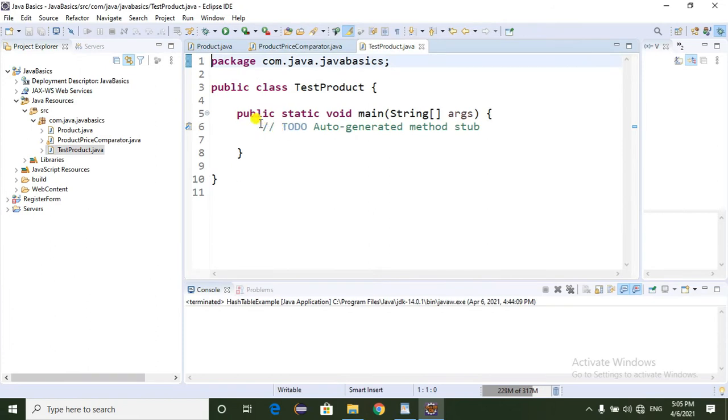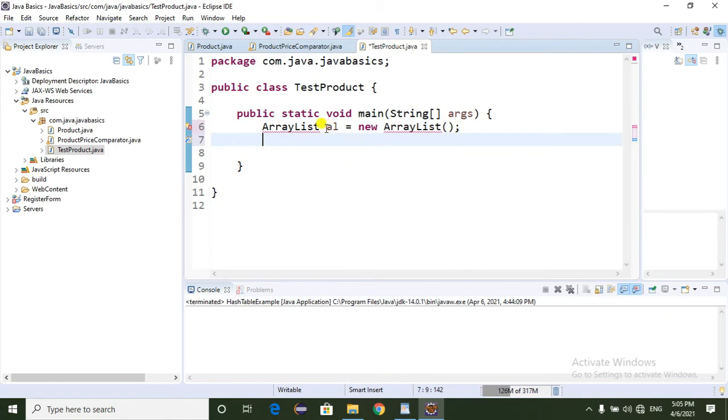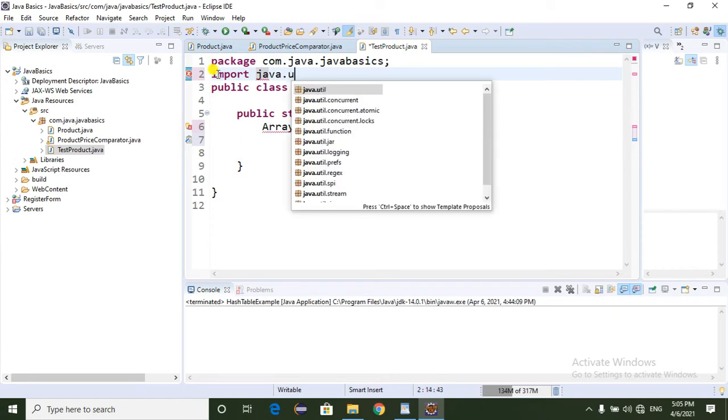In this main method I'm going to create one ArrayList object, ArrayList al equal to new ArrayList. Now I'm going to add the data into the ArrayList. Here import the java.util package.